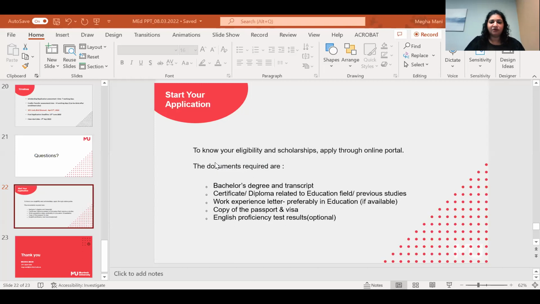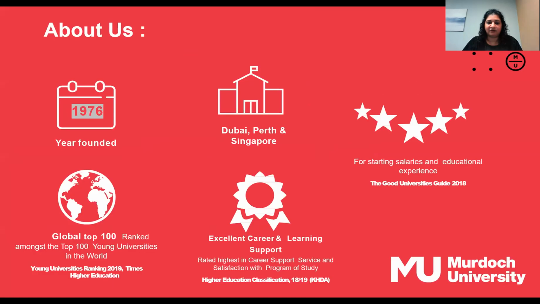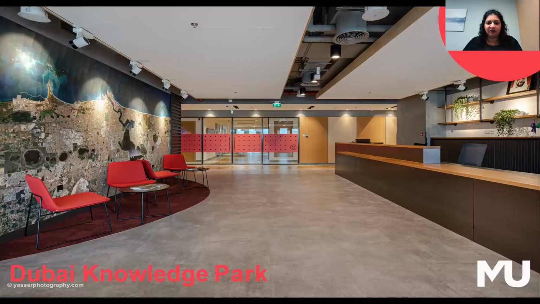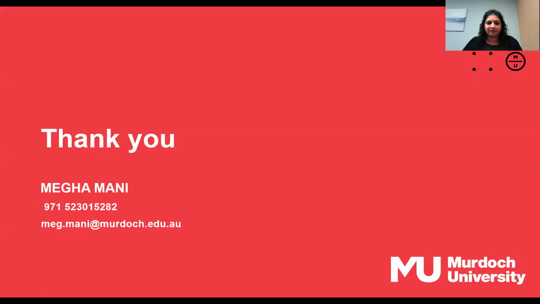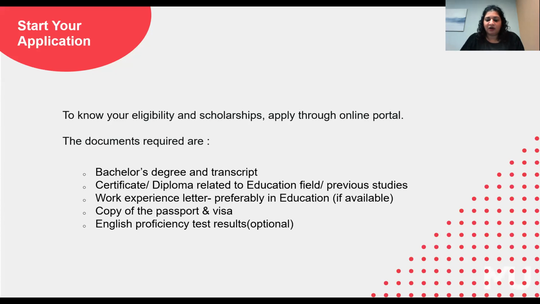Right. So the application is pretty simple. You need to go to our website, and you need to apply. So you basically need to go to our online portal, the website, and you'll see something called Apply Now. Once you click on it, you will be able to create an account, which is your email ID and a password. And then you need to submit these documents.